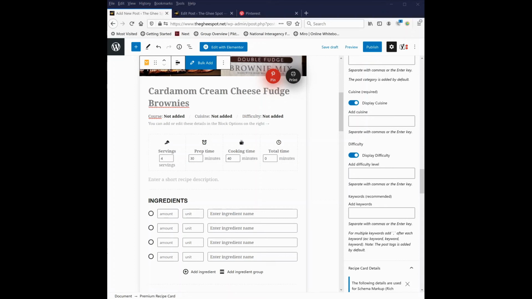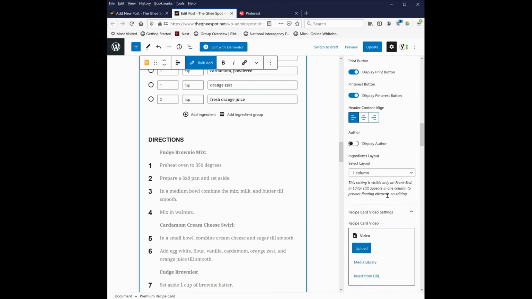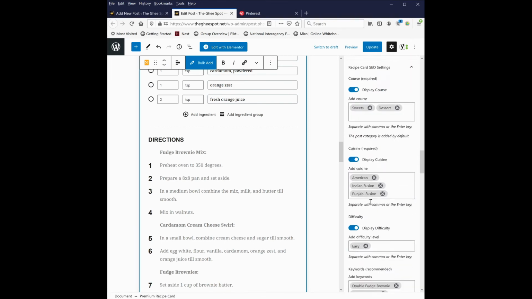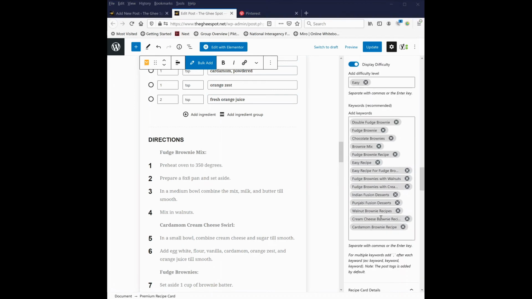Now let's look at the recipe that I've already completed. As I scroll down, you can see that I've selected the course, cuisines, and you can add multiple, the difficulty, and the key phrases. You'll notice that my key phrases range from the name of the dish itself, to how easy it is to make, to the cuisine type, to other relevant terms that I think people might be searching